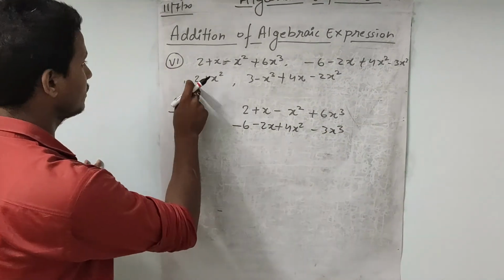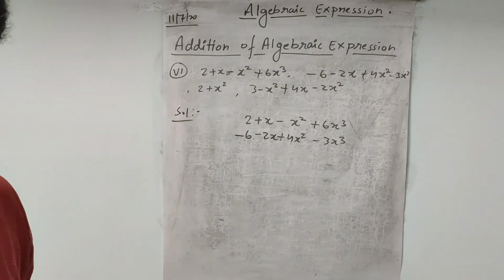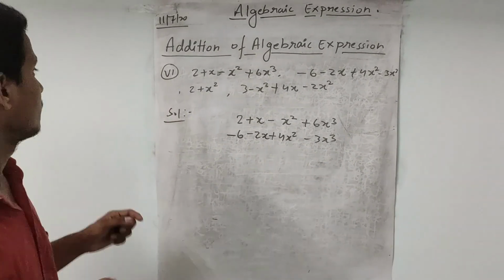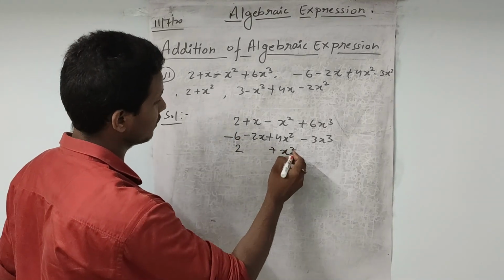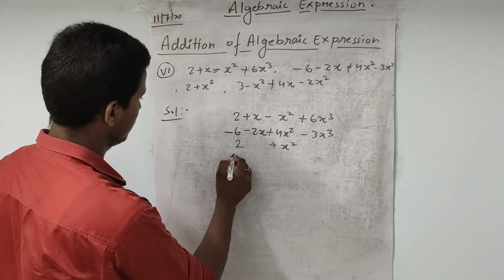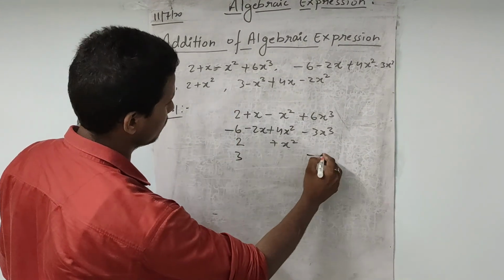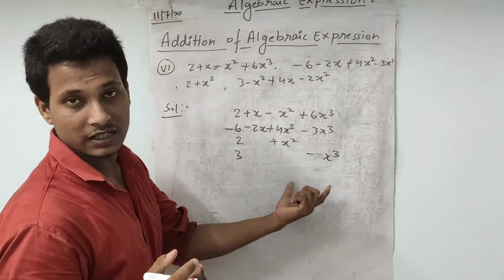Now next, only two terms are there, that is the constant term and the x square term. So we need to write the x square term below the x square term. Okay. Now next is 3 minus x cube. So minus x cube will be here with the sign. Always pick the values with their sign.